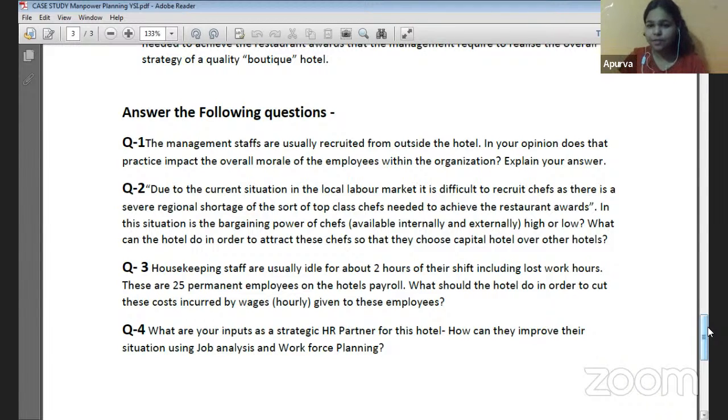So the very first thing is, there are 2 factors on the basis of which turnover is decided. First of all, job satisfaction, and another one is organizational commitment. Because if job satisfaction won't be there, the workers won't stay in the company. And once they get organizationally committed, they'll treat the hotel as a part of their life. They'll get connected to it. So in order to do that,